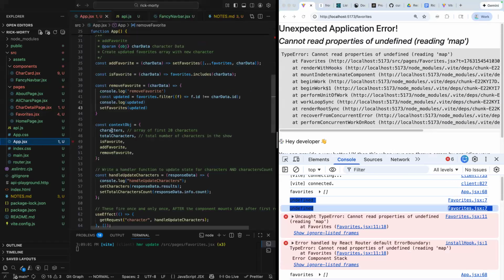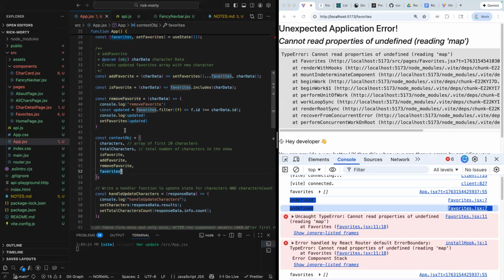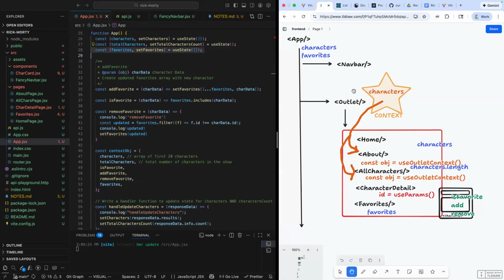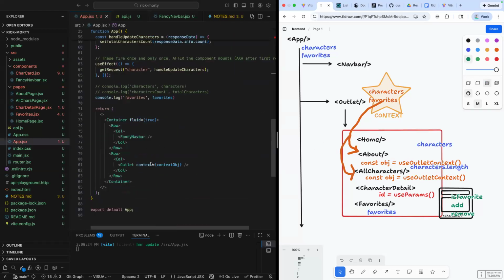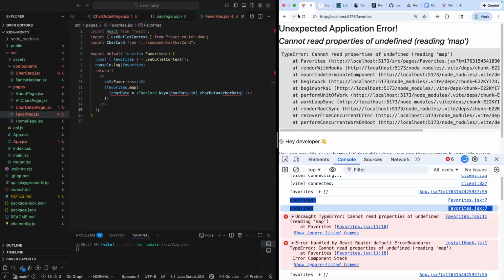And the issue was I simply forgot to add favorites to the context object. And now this component state favorites that lives in the top level of my app is added to the context, right? So we have so many things in here, but I'll just put these two big ones just as reminders, characters and favorites. And it gets passed in anywhere we want because that context object gets passed into the outlet. And now on my favorites page, fingers crossed,